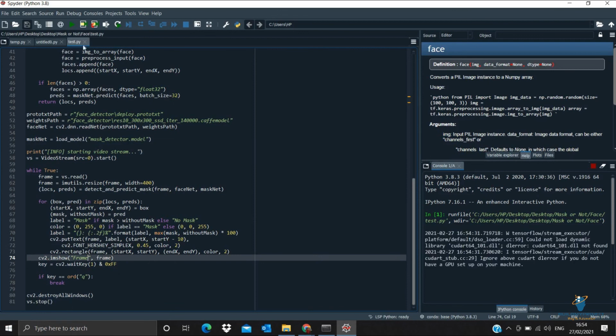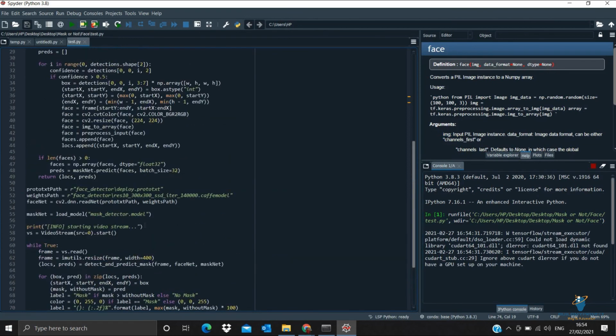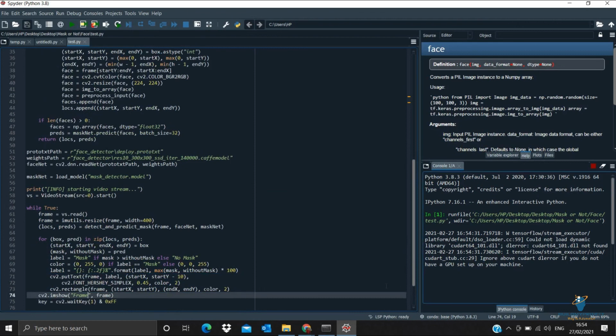So we just need to run your code. Obviously it will take some time because we are dealing with some large data set and some algorithms now. So it will take some time. Let us wait for this pop-up to come up.